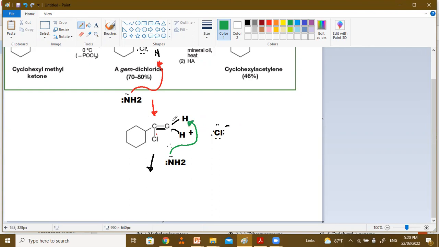Once the proton is abstracted, then the electrons from the bond will go to carbon to form a triple bond. And once a triple bond is formed, then the chlorine will have to leave. Okay, and you'll get your product, which is a triple bond. See. And you have your C, and then you have C,